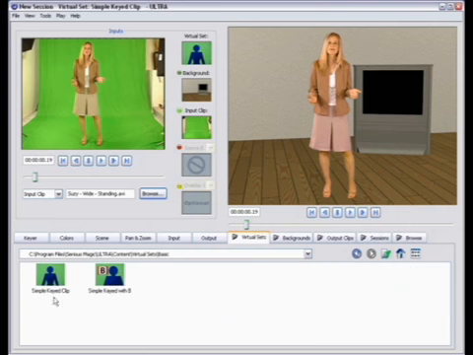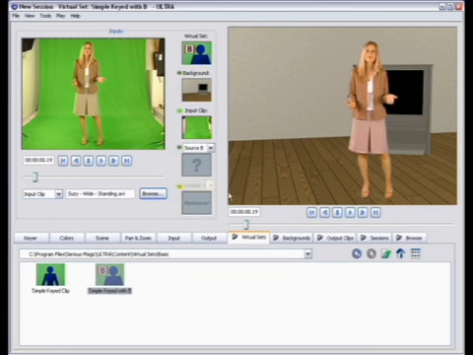There's one called Simple Keyed Clip. This is the one that we use whenever we're doing just a basic chroma key. It's sort of the default icon that loads up into the Virtual Set tab. We're going to use the one called Simple Keyed with B. I'll drag and drop this into the Virtual Set icon, and you'll see now my B source is now active,